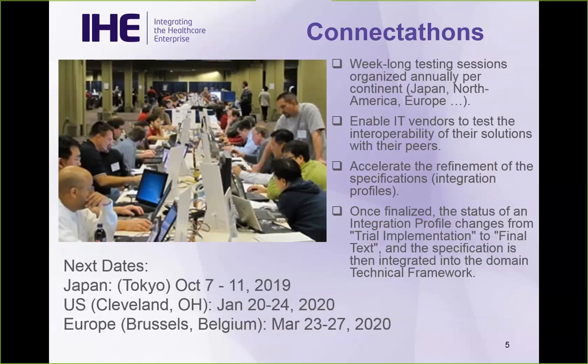And the other reason why we do ConnectUsons is you can think about all the things that need to happen when you're writing these profiles, but you don't really know what's going to happen until you actually put the rubber to the road and test it. And so during the ConnectUsons, a lot of issues come up and are brought up, and that is feedback